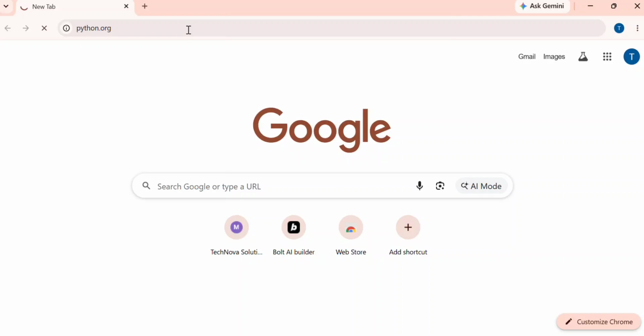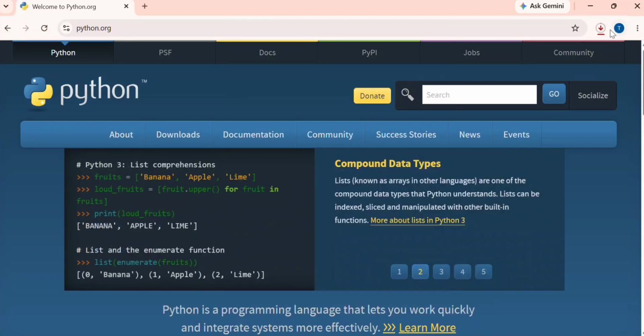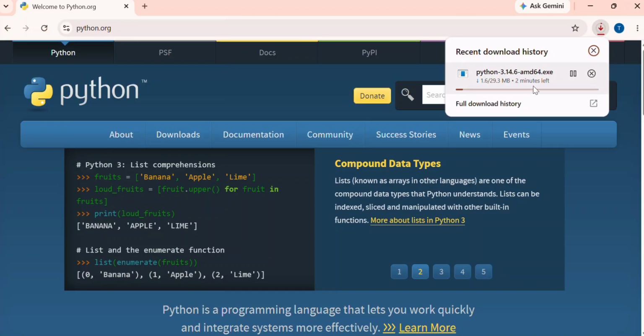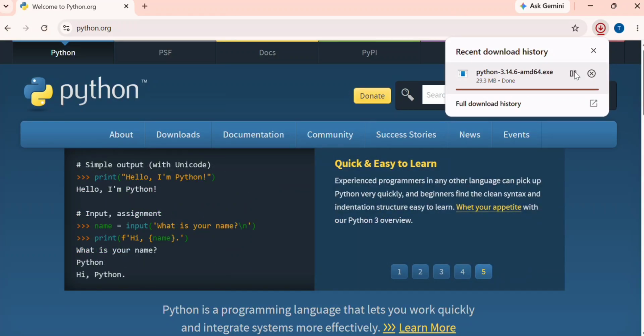To install Python on your Windows, just go to python.org, go to the download section, and here you will find Python version 3.14. Click on it. You will see your download will start here, and after finishing the download you just click on the file,